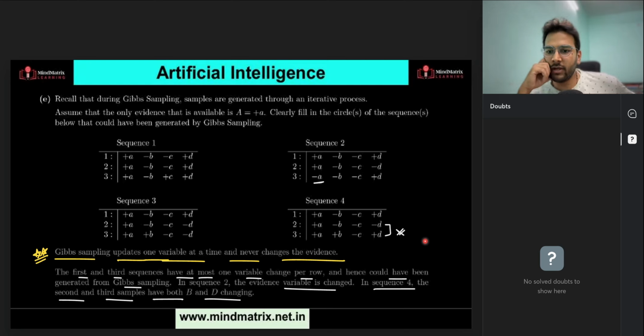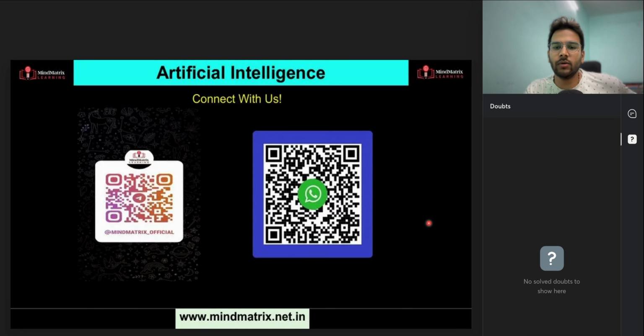No conditional probability value finding in Gibbs sampling. No, they are not going to ask that. That will be too complex, and that is not required for the GATE exam. That much detail is not required. Clear? Any doubt, anyone? Okay, so this is over. Your uncertainty module is completely over in the AI subject. I hope